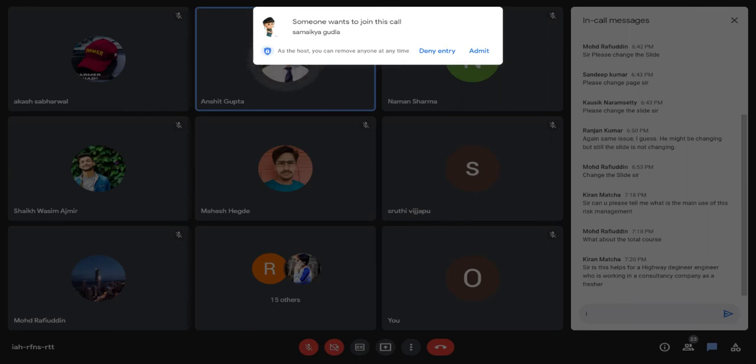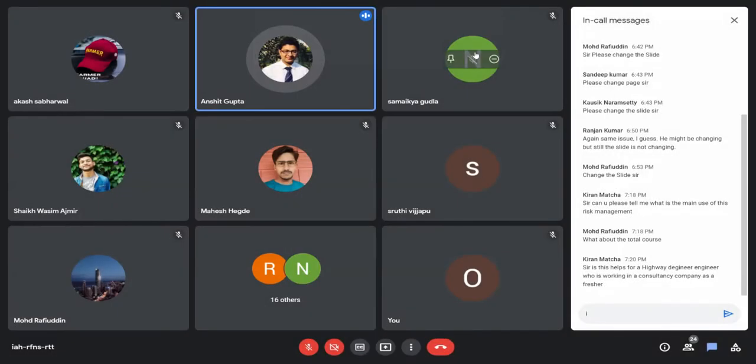Sir, does this help a design engineer who is working in a consultancy company as a fresher? Yes, definitely it will help you, because any issues related to design also you will be able to enter in the risk register, and you will be able to discuss with your senior management. And when you do this course, it will become easier for you compared to other people to switch jobs. Okay, because you also know that, I also know that, I have worked in this industry for the last 4 or 5 years, that if we gain additional knowledge which from 10 people only 4 people have, then your chances of getting selected in a better company obviously automatically increase, because you have some additional knowledge than other people.